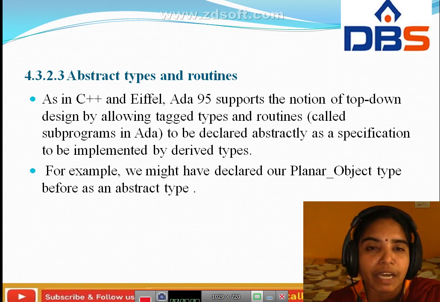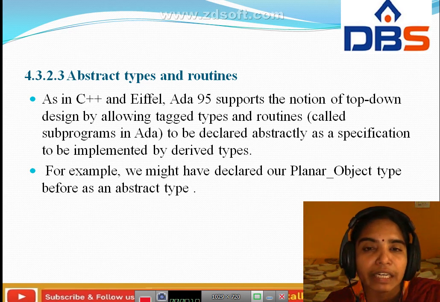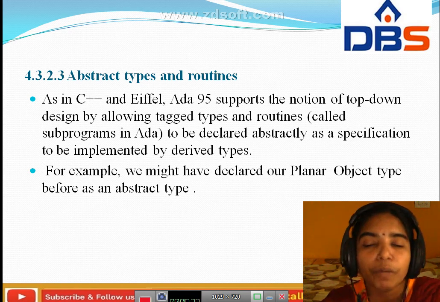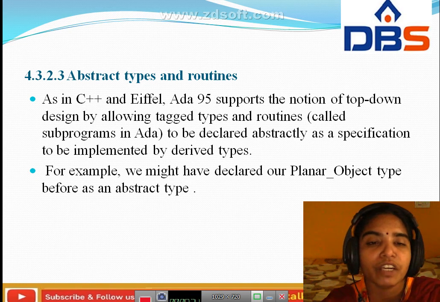It supports the notion of top-down design by allowing tagged types and routines, which are called subprograms in Ada, to be declared as the specification to be implemented by the derived types. For example, we have declared our planar object type before as an abstract type.